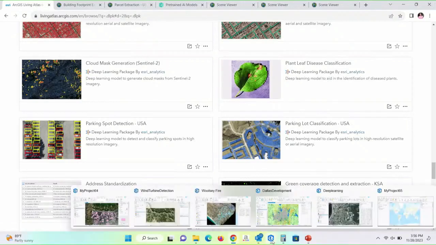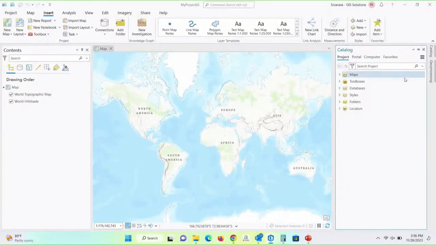I will just show one demo. This is our ArcGIS Pro window. Through this window we can also connect to the portal.